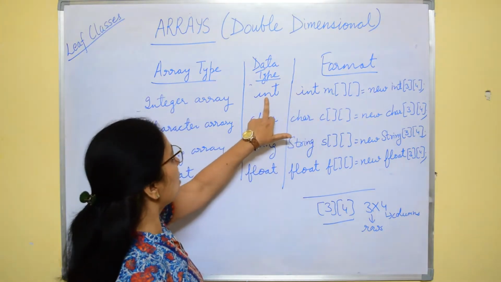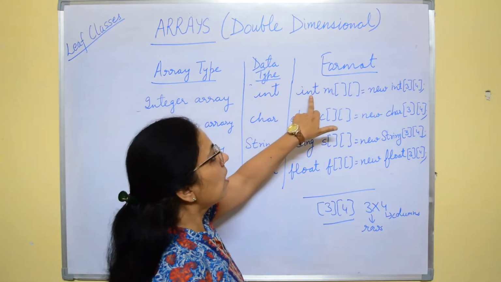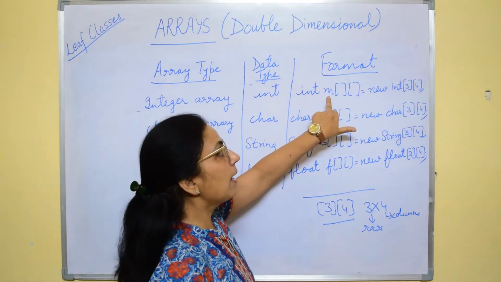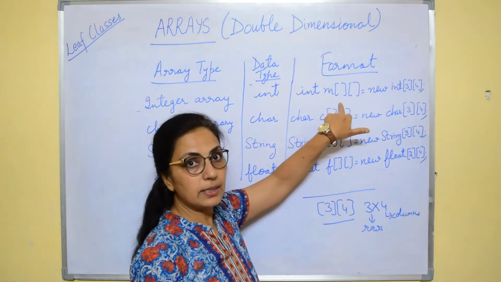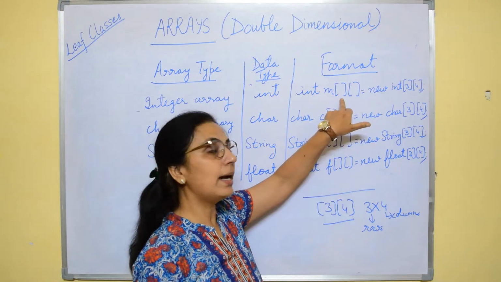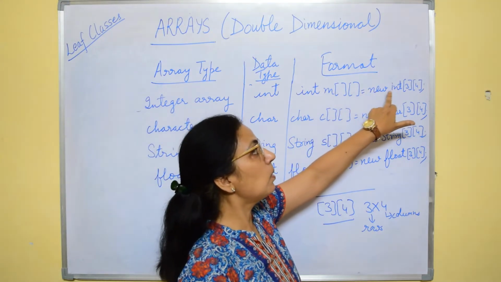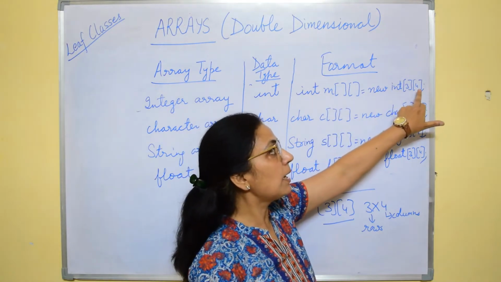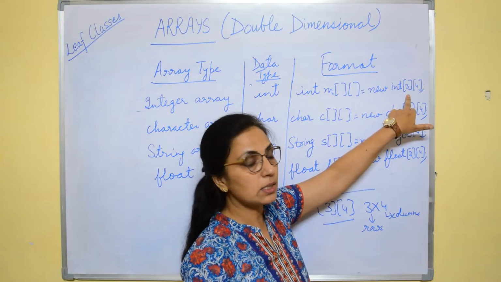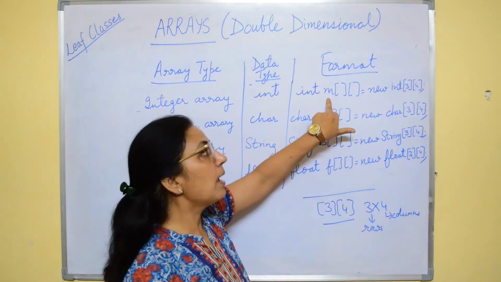For declaration of integer array, the data type is int. We'll write int, array variable name, double square brackets to indicate that we are declaring double dimensional array, equals to new int and the size 3 and 4, which indicates 3 rows and 4 columns can be there in array